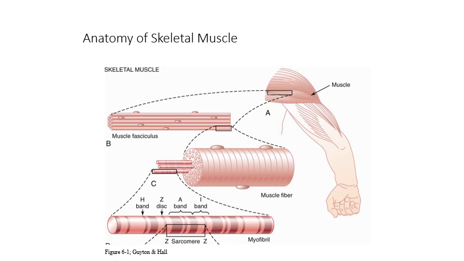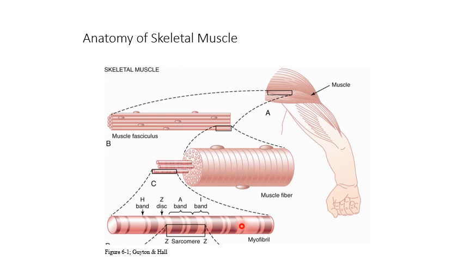In this diagram, you can see cross sections, A, B, and C, of different aspects of a skeletal muscle. For example, you have a whole bulk of a muscle that is shown as A. If you take out a single muscle fasciculus, which is basically a bundle of muscle fibers, and then pull out an individual muscle fiber from it, which is C, you can look at how many different types of proteins it is made up of.